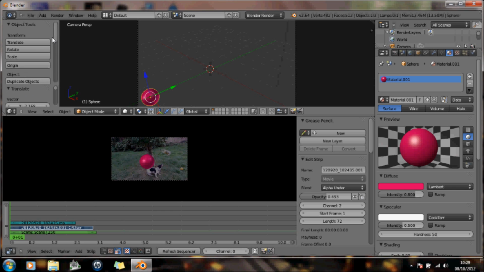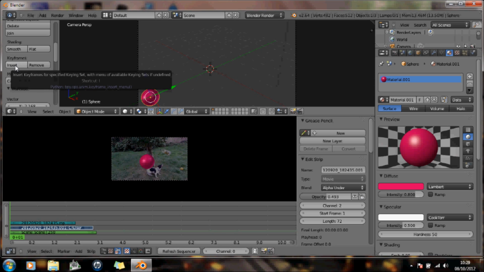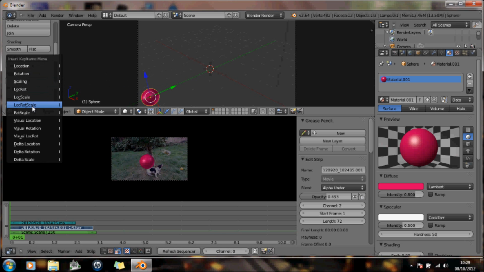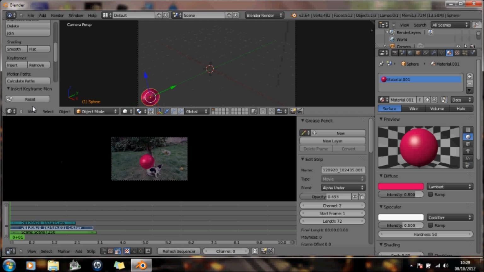What we'll do is insert a keyframe on the timeline. So there are the keyframes, and we're going to insert a location rotation scale keyframe. That's effectively starting the ball down in this corner. If I move the timeline to say there,